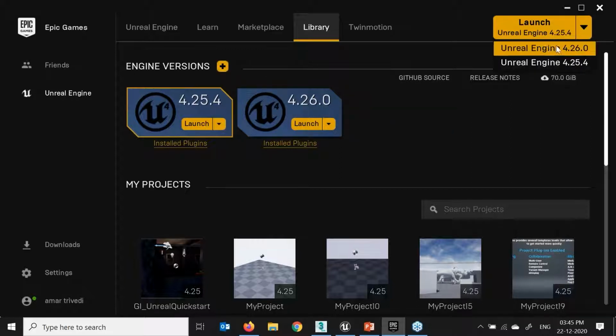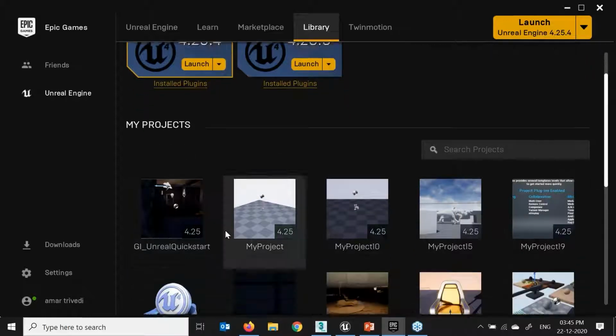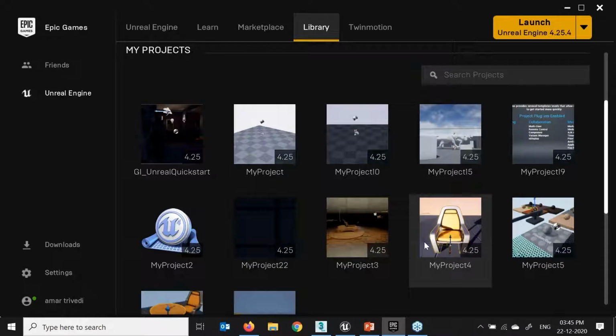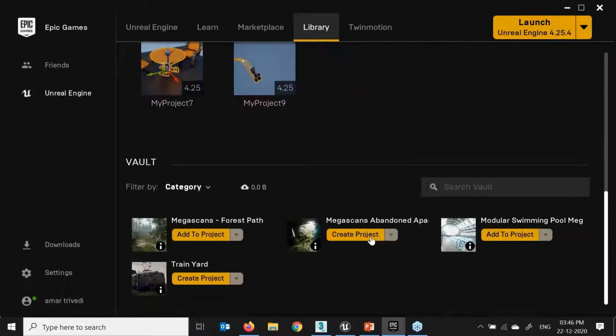After downloading, I'm getting these two options: Unreal Engine 4.26.0 and 4.25.4, what we have. We will work on this 4.25.4, which I have over here. Here I see my recent files which I've opened in Unreal. What Megascans assets I have downloaded, I can see over here.